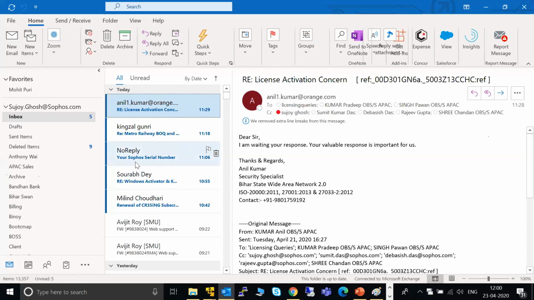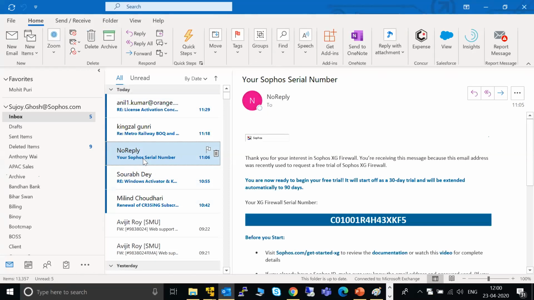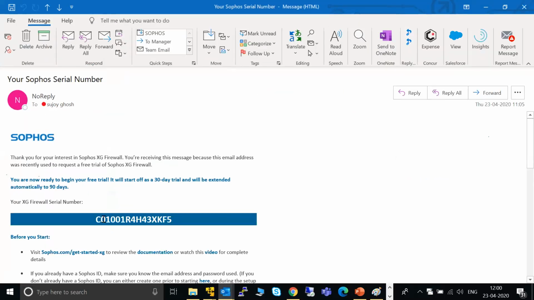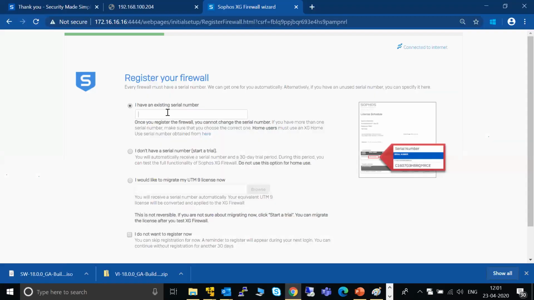This is the serial number. So I just copy it. Then paste it here, as simple as that. Then continue.